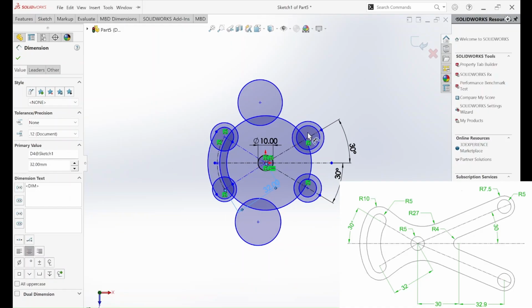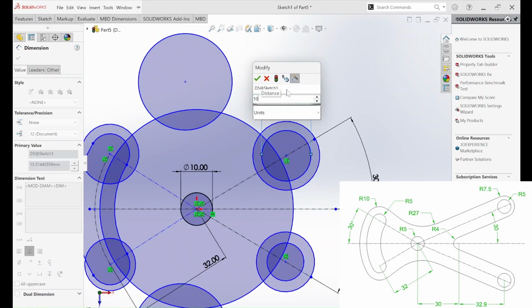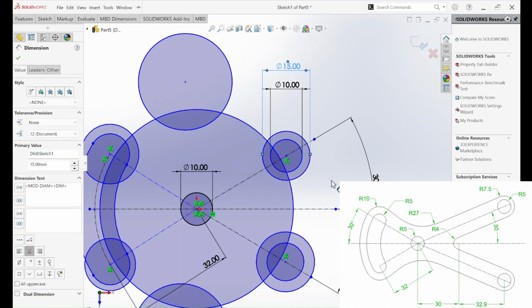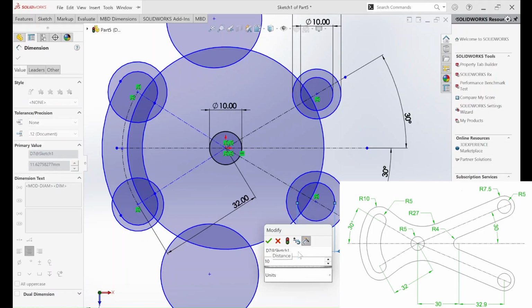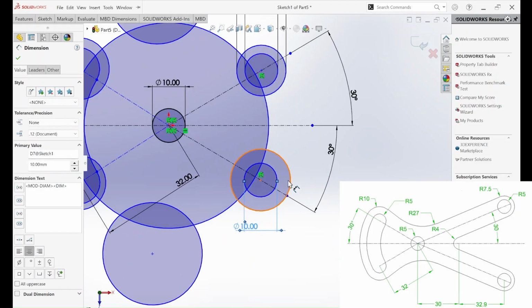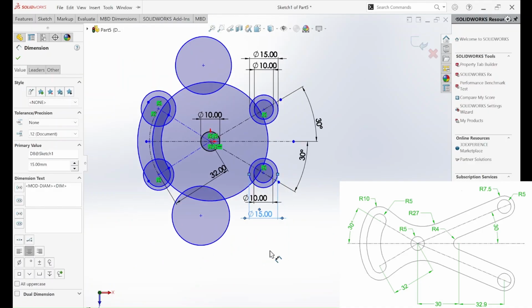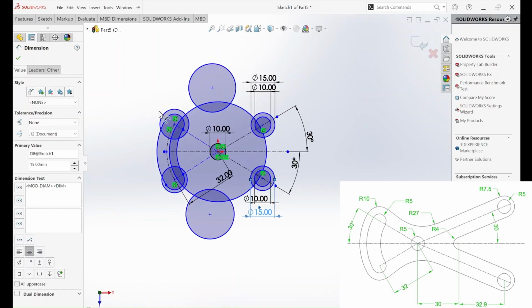So let's go. We need to define this 10, and this is going to be a 15, 10, and 15 as usual. Okay, done with this. So now this part is done. So now what we have to do is that we will define everything else. That is,